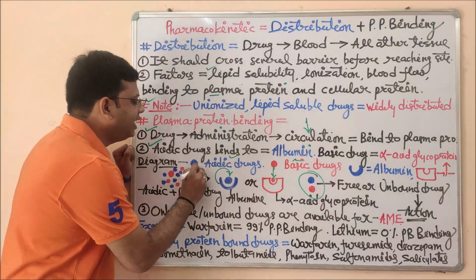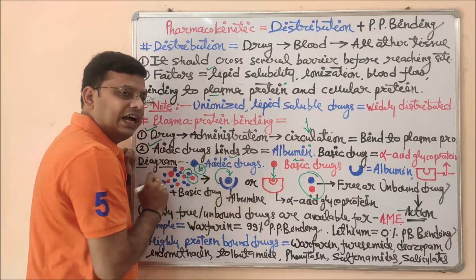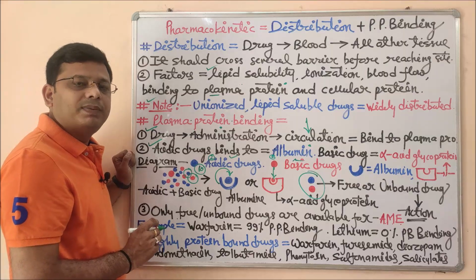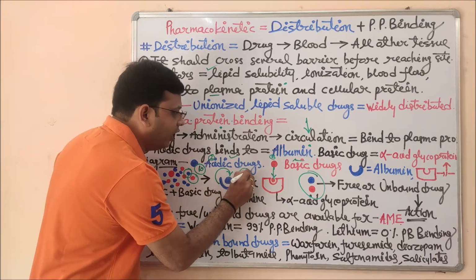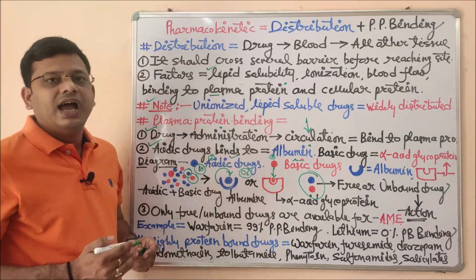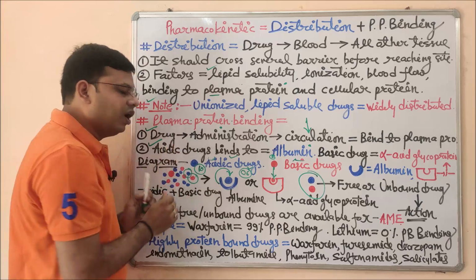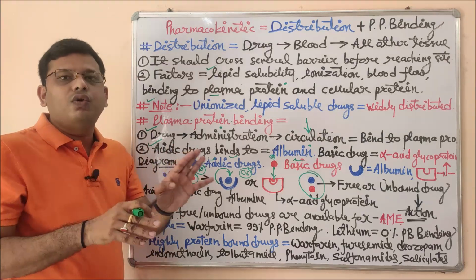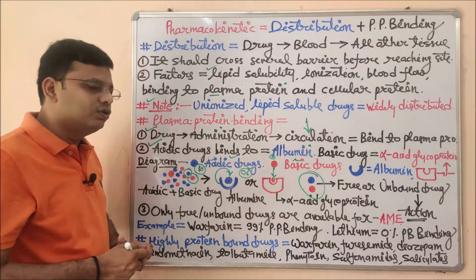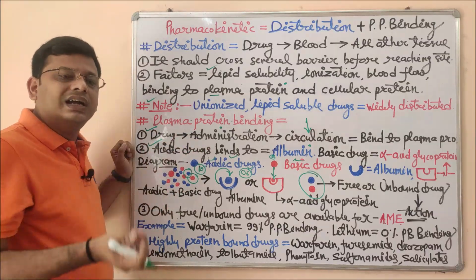So if you have 10 drug molecules given in the blood, and out of the 10, 2 bind with the acidic protein and 2 bind with the basic protein, so 4 have been occupied by the plasma protein. We have the remaining 6 drug unoccupied, or free, or unbound drug. So we will have action just because of these 6 drugs, and we will not be able to get action from these 4 drugs until the plasma protein and drug binding dissociates. Once they dissociate, the drug action will add up. One by one they will get an additive effect. So this is important, and that may cause an additive effect, or we can say a cumulative effect too. That will be discussed in later classes.